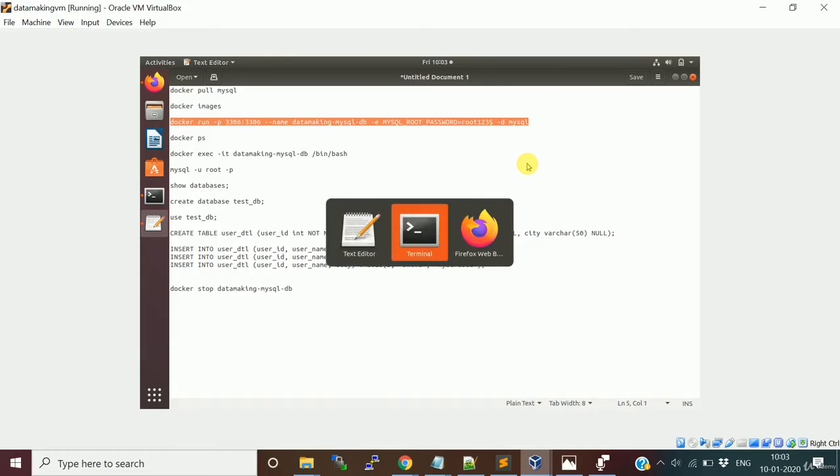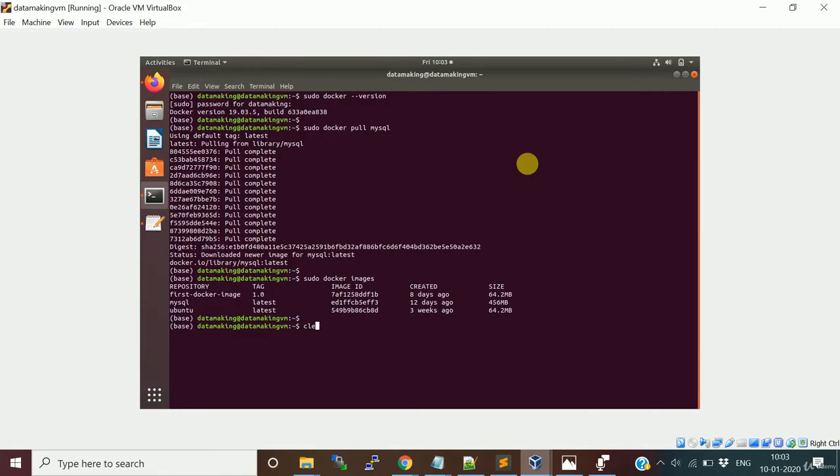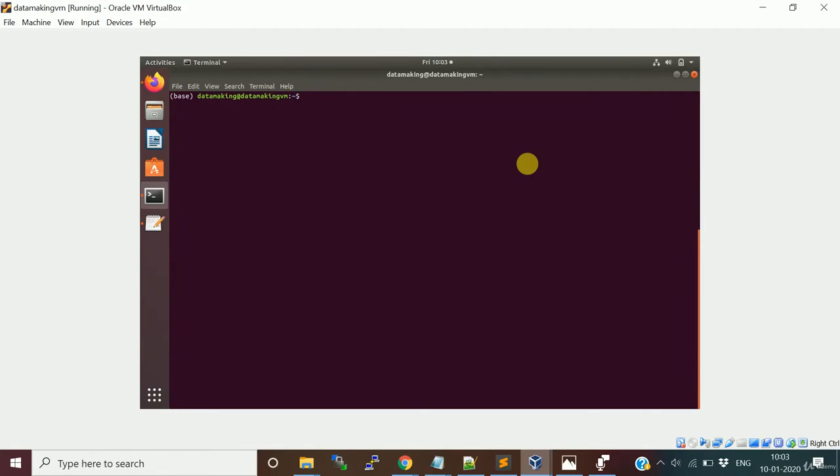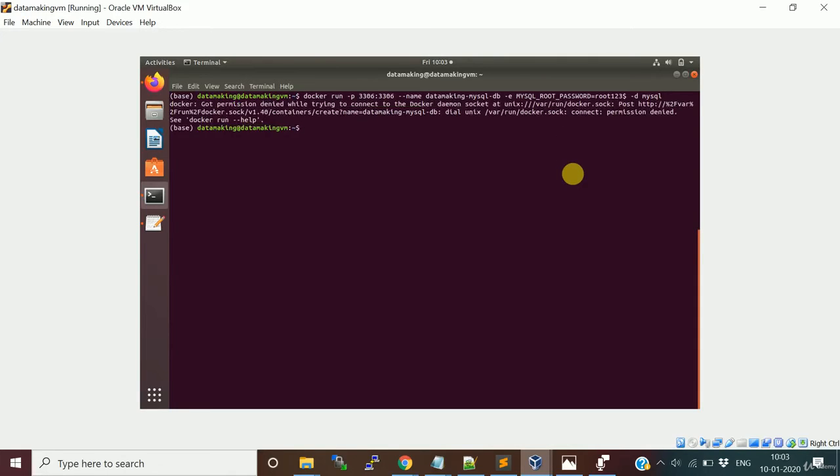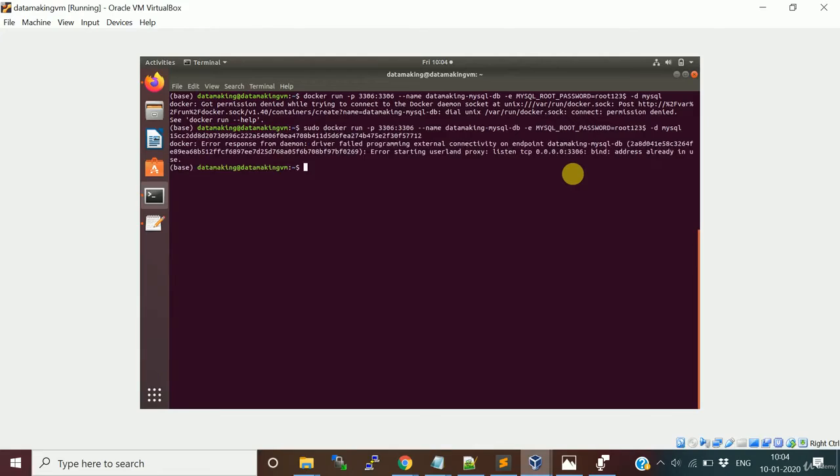Okay, in the terminal, I'll just refresh the terminal. So I am going to run this command. It says permission denied. Yeah, I need to use the sudo. Okay, so it is created. It says the binding is already